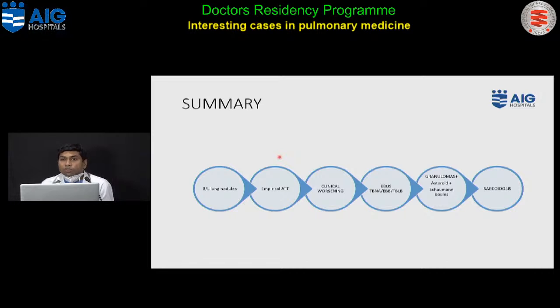And in the last, you have seen an interesting case of a patient who presented with weight loss. Generally, when a patient presents with weight loss in our country, the first thing which comes to us is tuberculosis, and sometimes we think of HIV. The other important differential diagnosis we need to think of when a patient presents with weight loss is any kind of systemic condition which can cause weight loss.